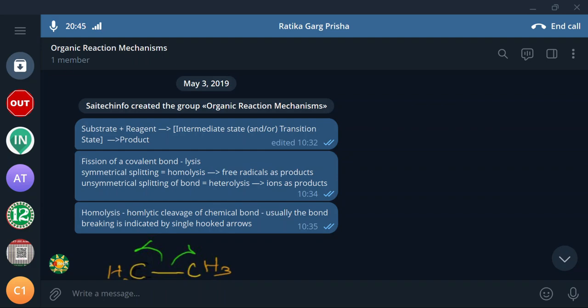What is the difference between a chemical reaction and a physical reaction? In a physical reaction, you have got intermolecular force of attraction, right? And that is why it has got some fixed shape. For example, solid has got fixed shape and size. Liquid has got fixed size, but it doesn't have a definite shape. Whereas a gas has neither shape nor fixed size, right?